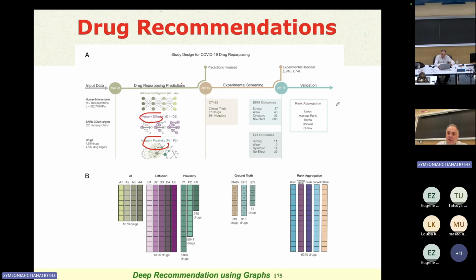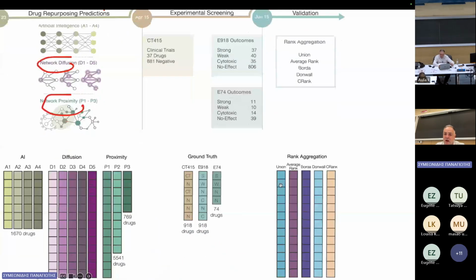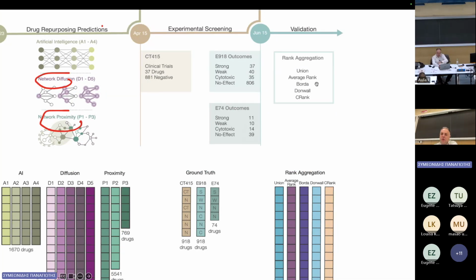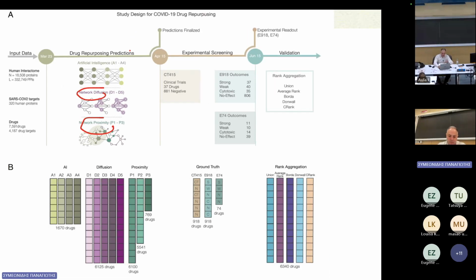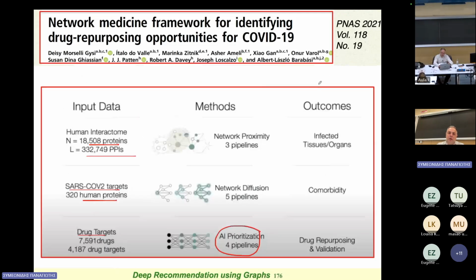In the end, what did they do? They have a ranked list of drugs. In essence, they created 11 ranked lists of drugs. And they use specific methods like union, average rank, and Borda for ranking aggregation. So they have 11 different ranking lists, and they just want to aggregate them in the end to understand if there will be drugs which could be used for the